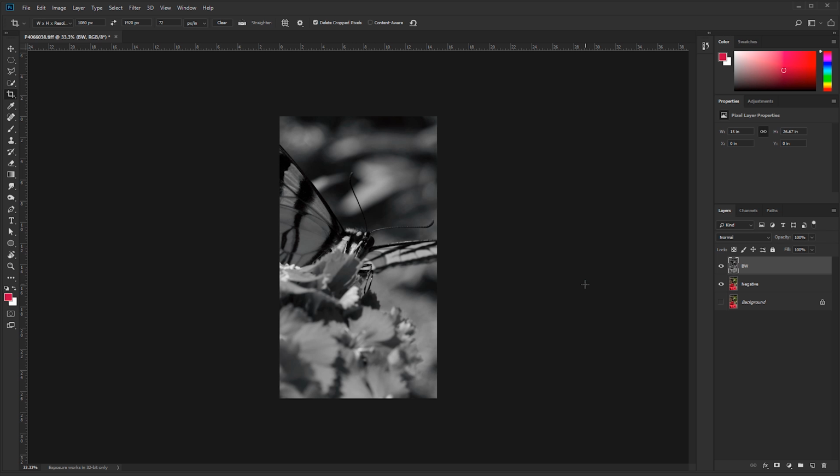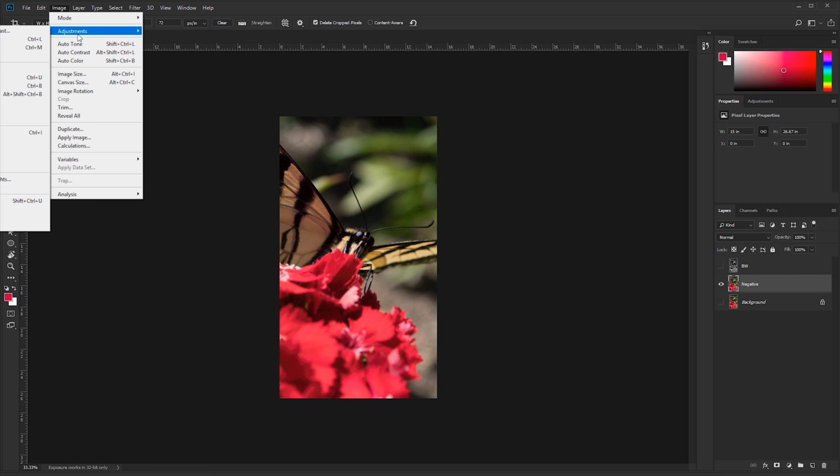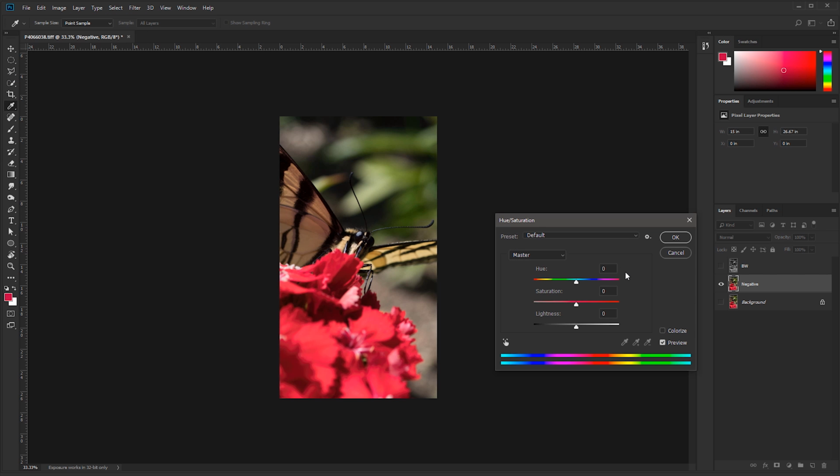And that is it. I'm going to turn that layer off, and the negative we're going to do a little bit more work on. First thing we're going to do is go to image adjustments, and again I apologize, this may be off your screen, but anyway, it's image adjustments, hue saturation, or Control U for short, or Command U on a Macintosh, and we actually want to pump up the saturation quite a bit because we want to burn this color